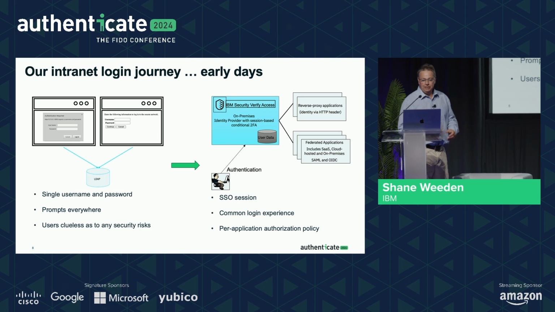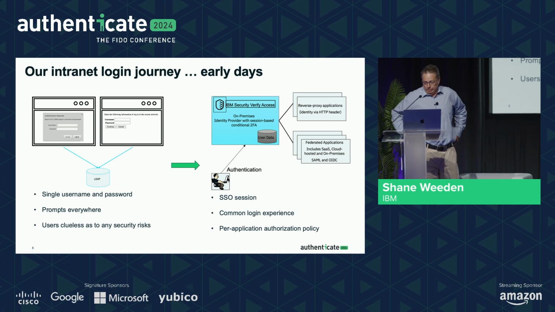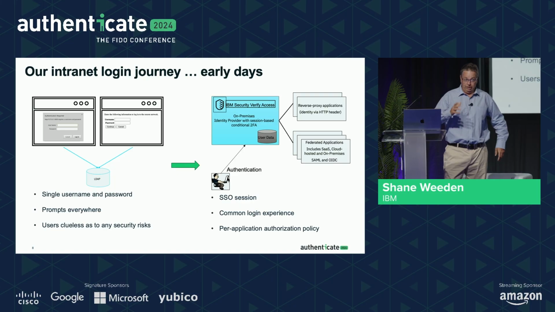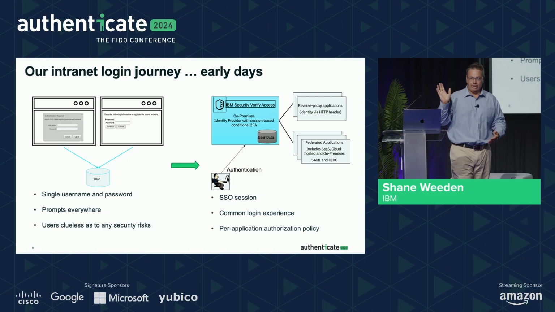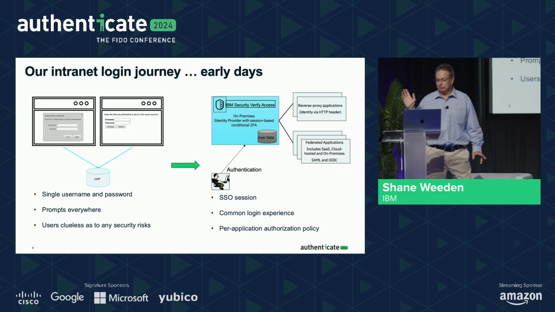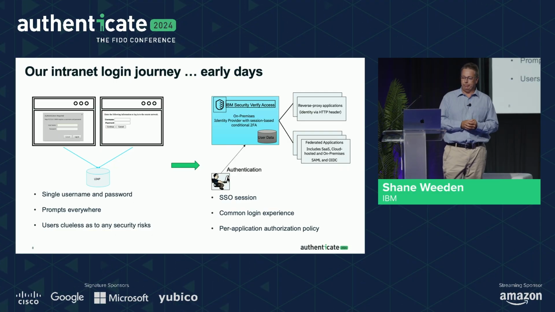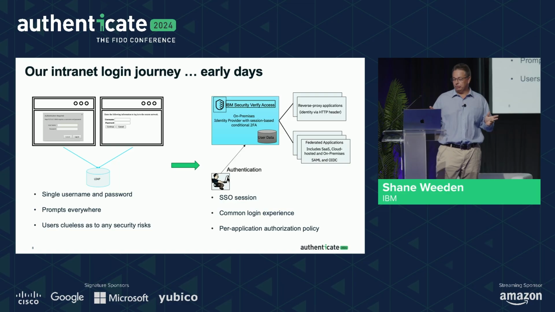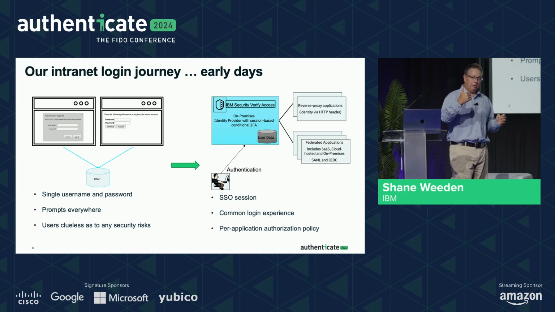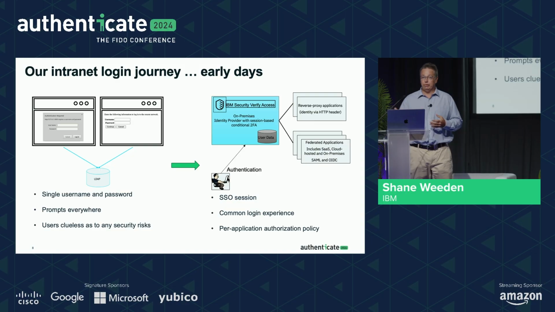So we moved that to an on-premises product. It was the reason I came into IBM. It's had about 16 name changes. Some of you might remember it as TAM or Tivoli Access Manager. It has a new name coming. It's a surprise. But we put this product into our on-premises environment, and we set up federated single sign-on, and we also set up reverse proxy junctions, we call them. But basically, we acted as a reverse proxy to apps.